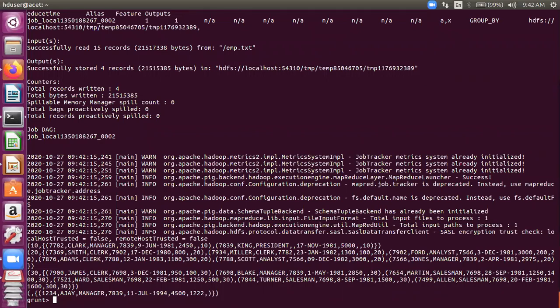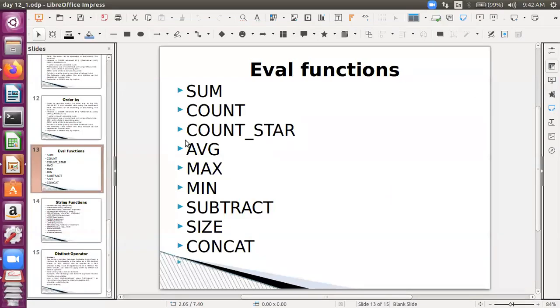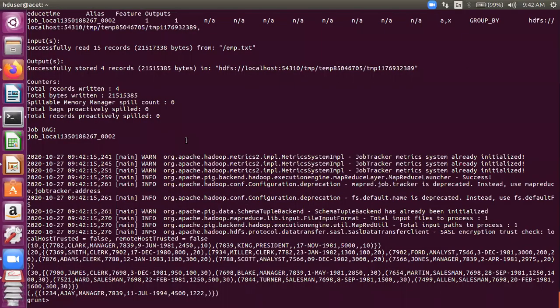Okay. Now we can find something out. We can count the number of people department wise and the maximum salary department wise. So for that we can use a projection.